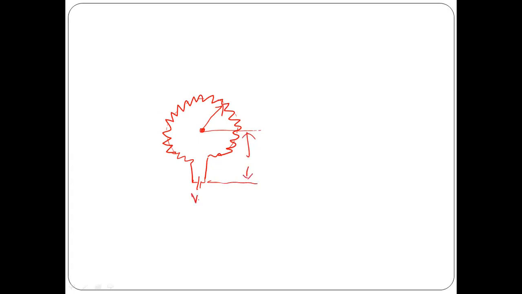You also have a rotary potentiometer. A rotary potentiometer will have the wire in a circular fashion, and then there will be a slider. Here you will be giving the input and I'll be getting the output like this. This is V in and this is V out. When the slider moves over this wire, this output will vary accordingly.